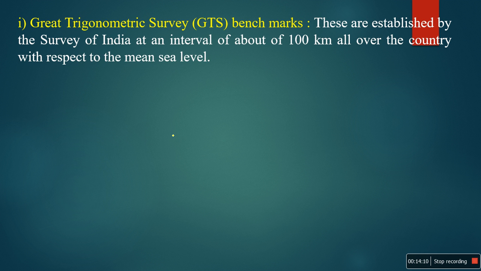Okay, first start with the Great Trigonometric Survey, that is GTS benchmark. These are established by the Survey of India at an interval of about 100 km all over the country with respect to the mean sea level. As I told, for all the benchmarks or level surfaces all over India, we are considering the Mumbai sea level. So GTS benchmarks are established by the Survey of India, meaning the central government, at every 100 km